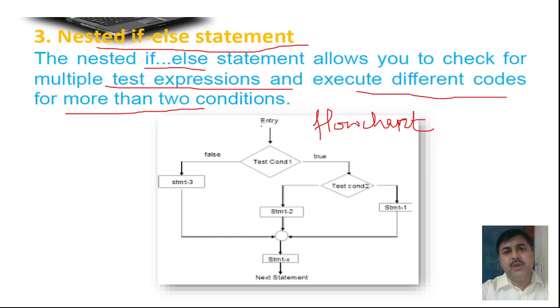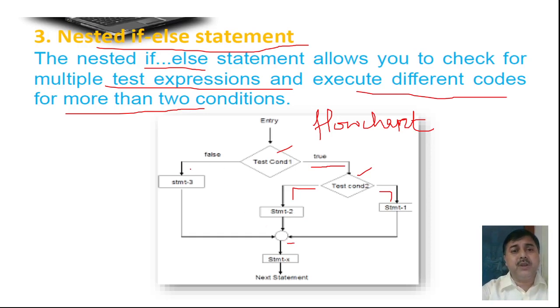After that it will come to the first condition. So this is the first condition. The first condition is going to have two outcomes: one is true and another is false. Suppose this portion is the true portion. Under this true portion there will be another condition. It can be any condition, an if else condition, another if else condition. So there will also be true and false streams. One stream will give the system one way, another will give the system another way, but both will come to the end position.